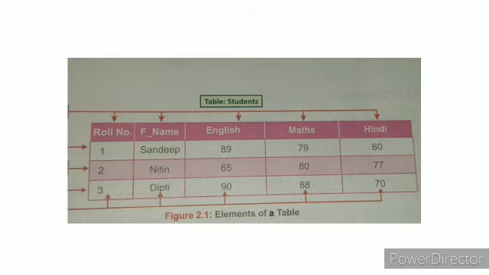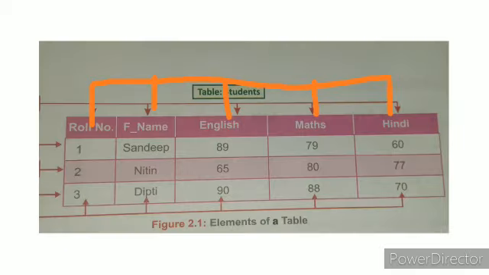Now coming to the elements of a table. Okay, children, in a table already we learned what are those fields, records. Fields or records are nothing but rows and columns only, children. Now first one is the fields you will see. All the columns in a table are called as the fields. That means columns are nothing but fields only, children. A field contains one type of information. In a field we have only one type of information.